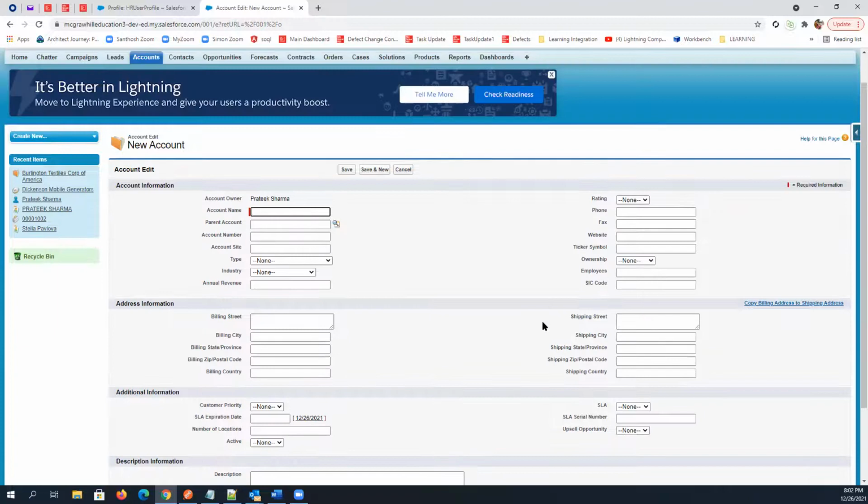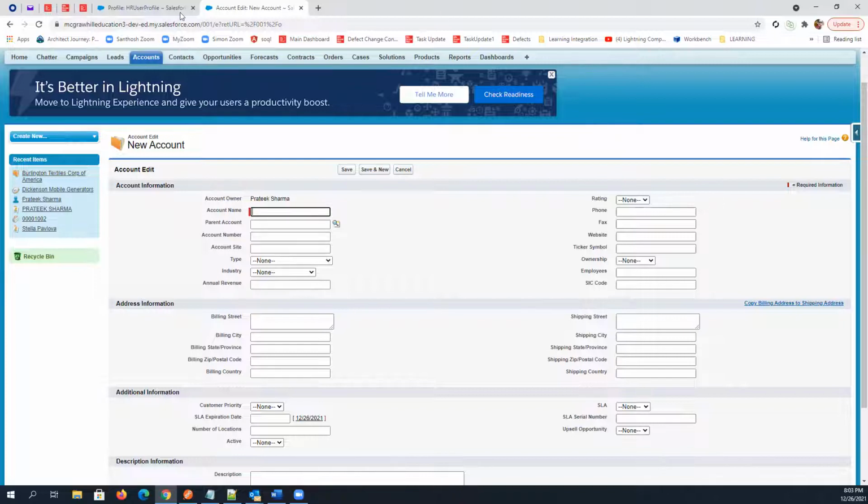So we can have 3 different page layouts for a particular object, and you can always assign these page layouts based on profile. So let's say this HR user profile will have account page layout 1, and another profile will have account page layout 2. So all the users who have this HR profile as their access level will only get whatever page layout is assigned on the account object.